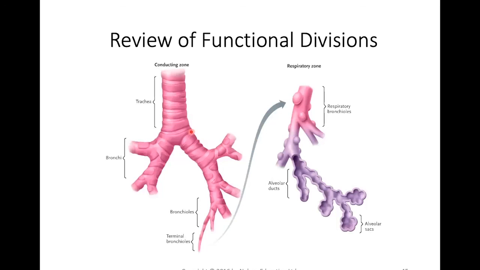Okay, so from a functional perspective, we have the conducting zone and the respiratory zone. So we've looked through the trachea and bronchi, so primary, secondary, and tertiary bronchi, and it's the tertiary that are going to supply those smaller segments of the lobes. And then finally, we have further divisions into bronchioles and terminal bronchioles. And it's the terminal bronchioles that are ultimately going to be supplying the lobules, those smallest functional compartments that we've